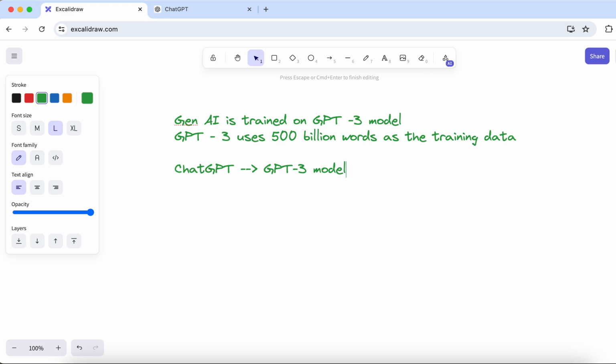Apart from that, in general, what is the input that the Gen AI algorithm uses, or what kind of data set does it use to train the model? The data set Gen AI uses as training data is a very huge resource. Basically all the images that are available on the internet. So it uses the internet itself as a data set to train the Gen AI model. Whatever images are available on the internet,